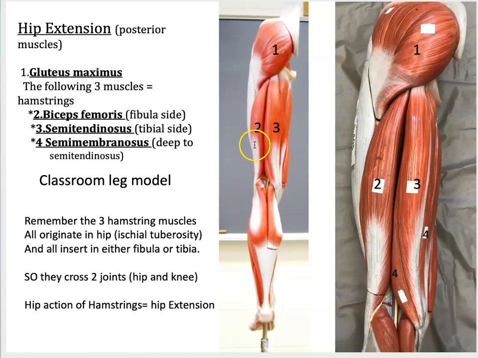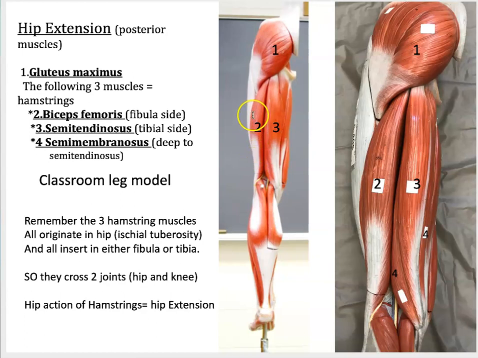So biceps femoris, remember all your hamstring muscles originate on that huge ischial tuberosity up in the pelvis. And they all are going to insert either on the fibula or tibia. So I hope I didn't screw that up too much. But this is biceps femoris. Crosses two joints, crosses the hip joint, and he's going to be inserting on the fibula,